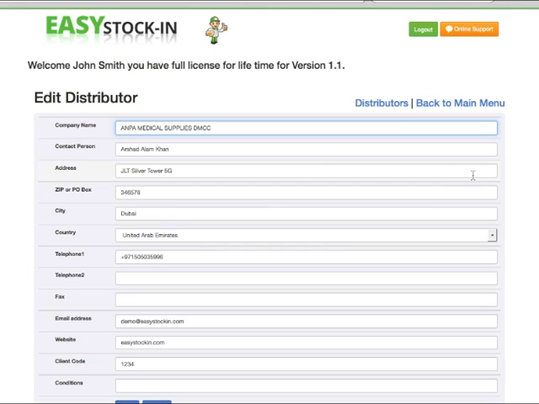Let's open a distributor. So the company name is this. This is your contact person. This is the address, zip code, country, telephone 1, telephone 2, fax. For those who want to send their orders by fax, it's good to have the fax number, which will be registered on the order. Email address, this is to send the orders by email, the website, and the client code,